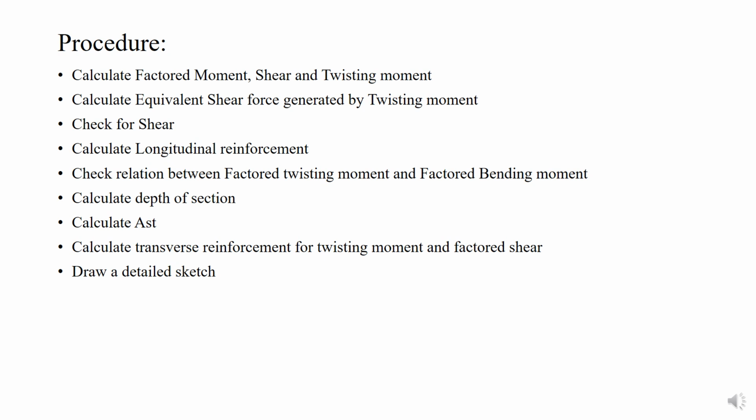Now this step to calculate equivalent shear is very important because this is the governing criteria for whether the beam is going to go under torsion or not. That is, if and only if the equivalent shear generated due to torsion is greater than the nominal shear, then and only then a beam needs to be designed for torsion. That is what code says. So these are the steps which are going to be followed for this particular example.